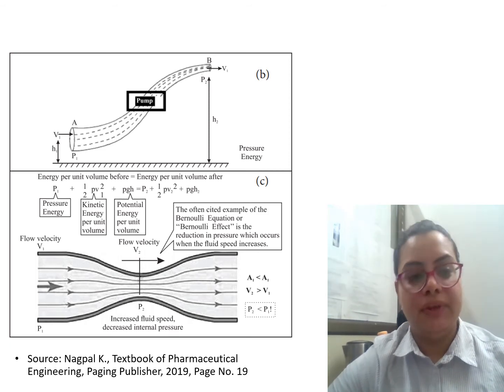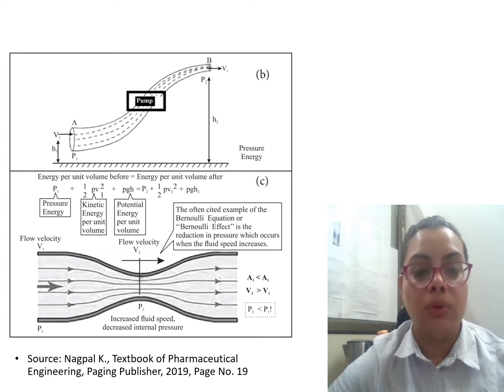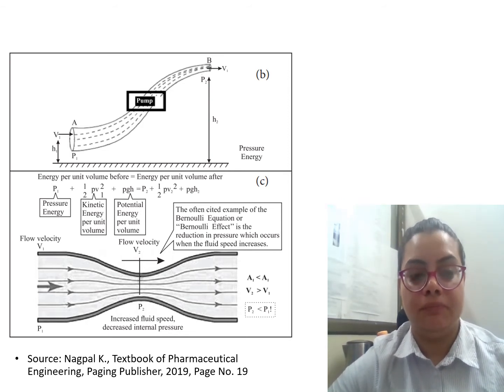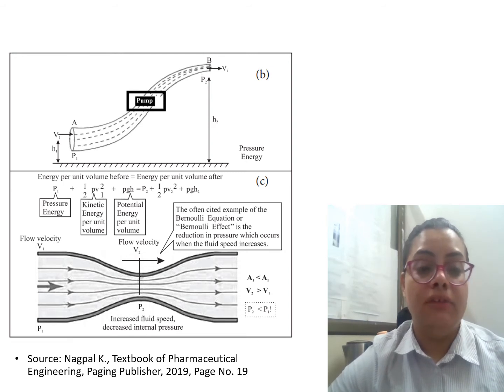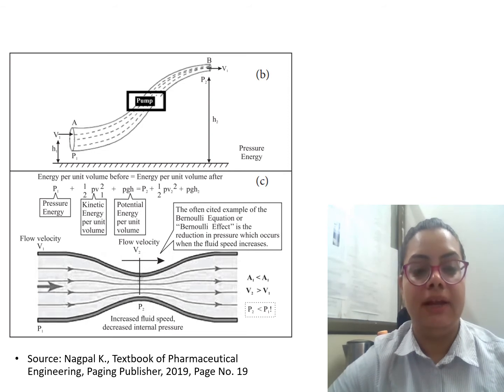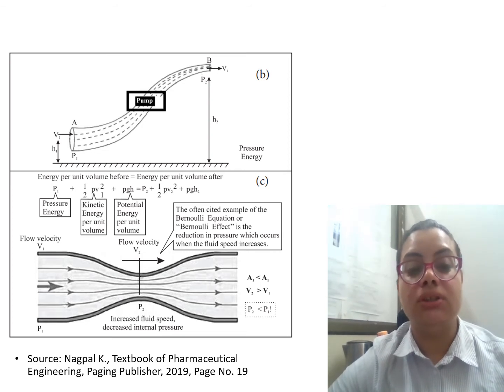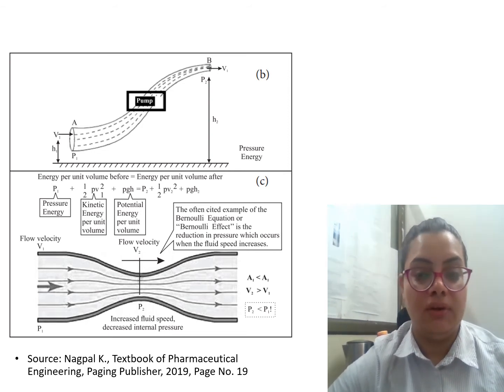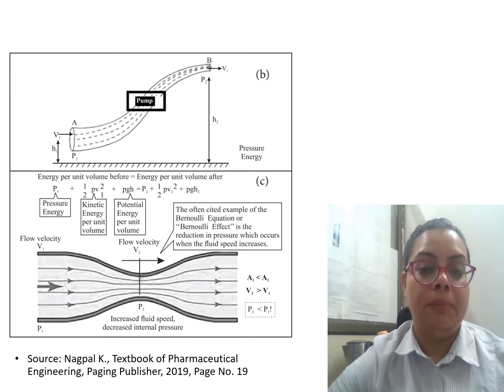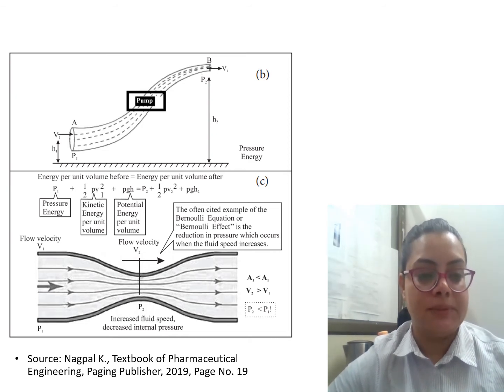In other words, we are using a non-viscous incompressible fluid. We are talking about the total sum of energy. The energies which constitute that total are kinetic, potential and pressure energy per unit of constant volume. And when the fluid is a viscous flow, the law of conservation of energy can be applied, taking into consideration the losses in energy also due to friction and all other places where the loss may take place.